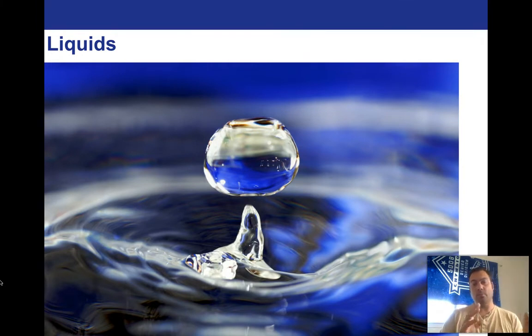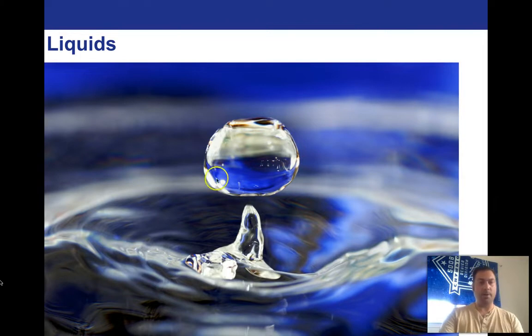So this is kind of where we see some similarities between liquids and solids, but not necessarily do we see them with gases. Now, where liquids do have similarities with gases is in the fact that they tend to change shape the same way that gases do. So in that way, both liquids and gases are similar, and in another way, liquids and solids are similar. So you can understand that there's reasons why these three different states of matter exist to accommodate different physical factors. All right, so let's go ahead and start.